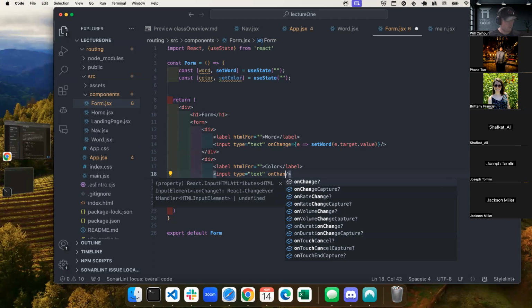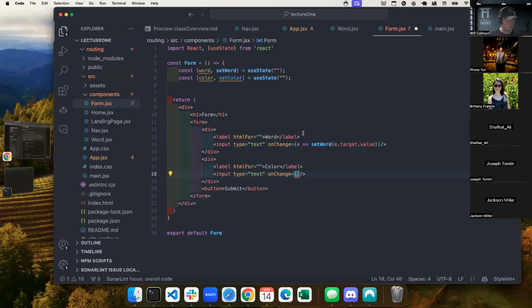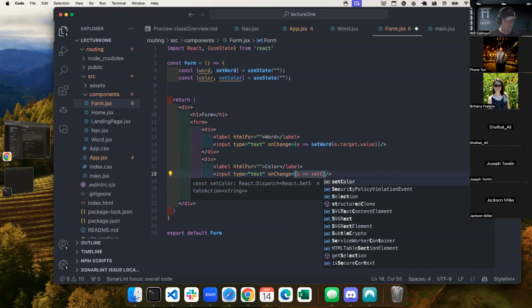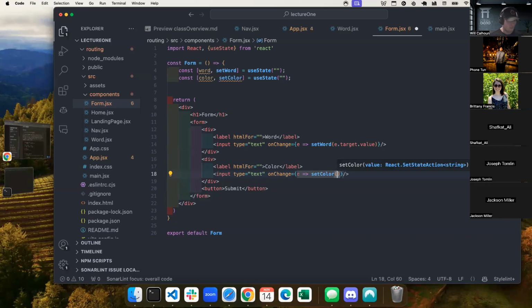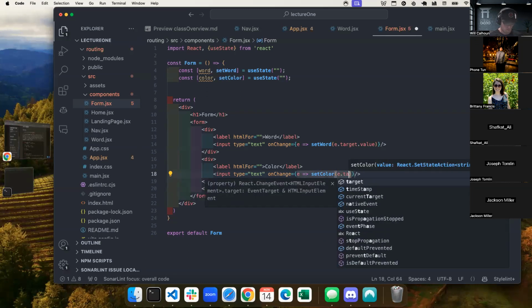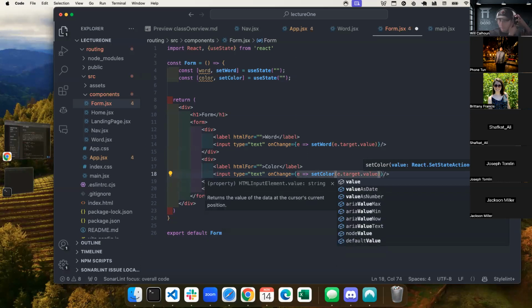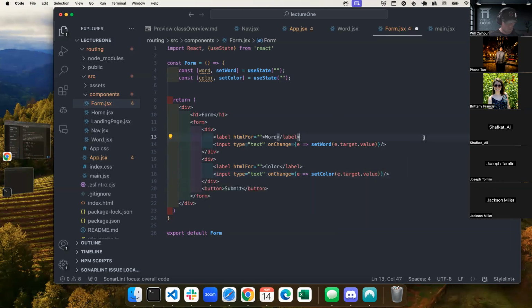So we're going to say onChange. I've already got my color, so I'm going to say e, and because it's only one value, I don't need to put it in the parentheses. If there's multiple, I would. setColor, and it's going to be, again, e.target.value. Again, if I wanted to abstract this and put it up top, or put it all in one piece of state, like one object, I could do that. But for right now, it's super simple.